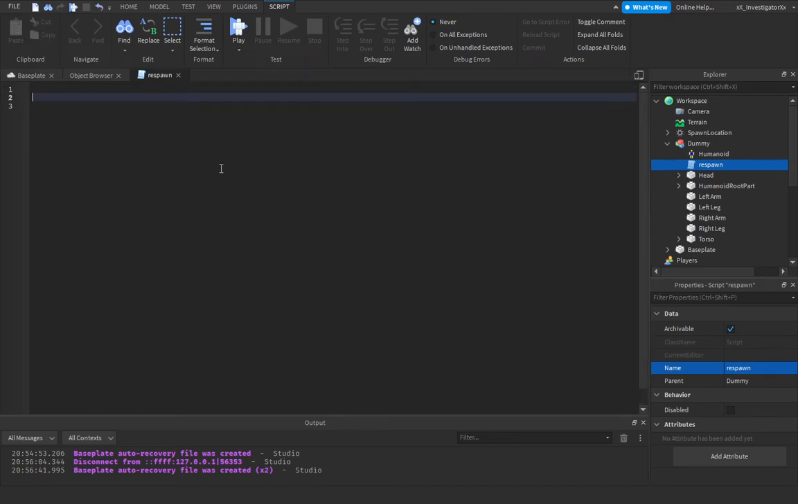And then we're gonna do the script, so just follow what I do and copy what I did. So local model = script.Parent, then local humanoid = model.Humanoid, and then local respawnTime. This is the cooldown, how many seconds it will take to respawn. So I'm gonna do 3 seconds, and then we're gonna do local model clone,